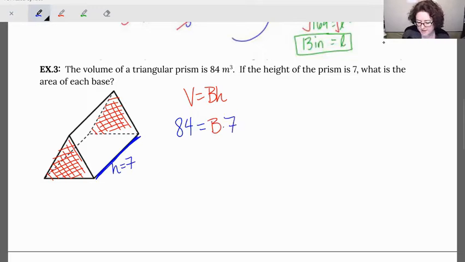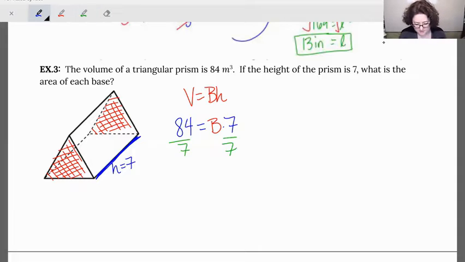But we do know that our height is 7. So if we're looking for what's the area of each base, as soon as we solve for that big B, again, that's the area of the base. To do that, just divide by 7. So if I divide both sides by 7,